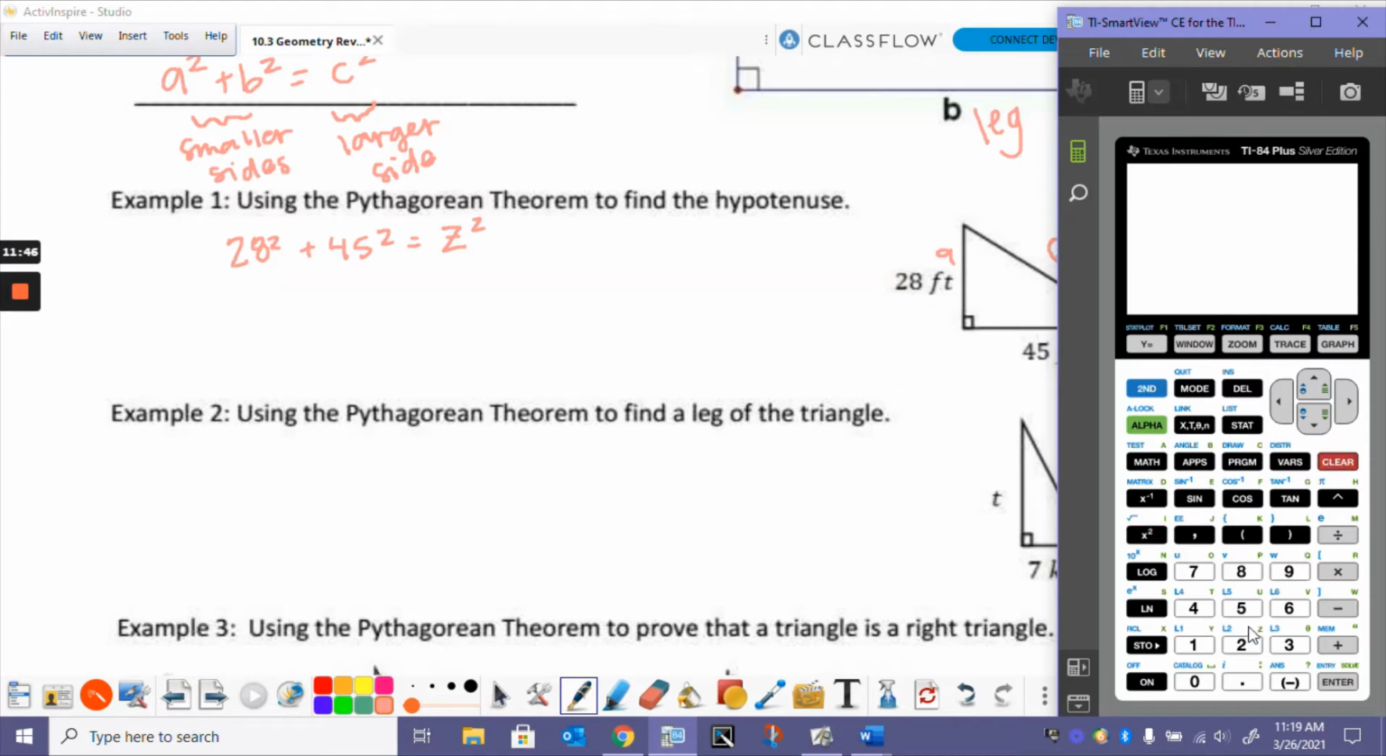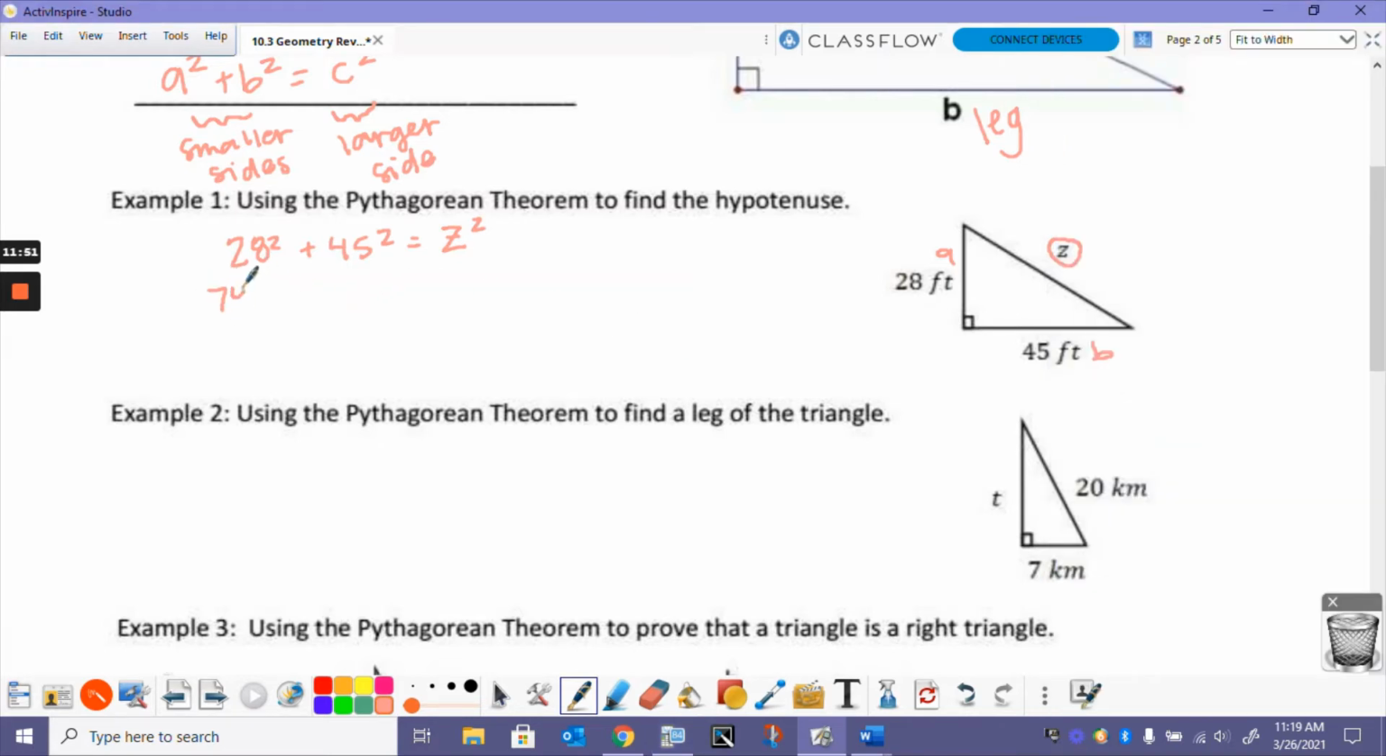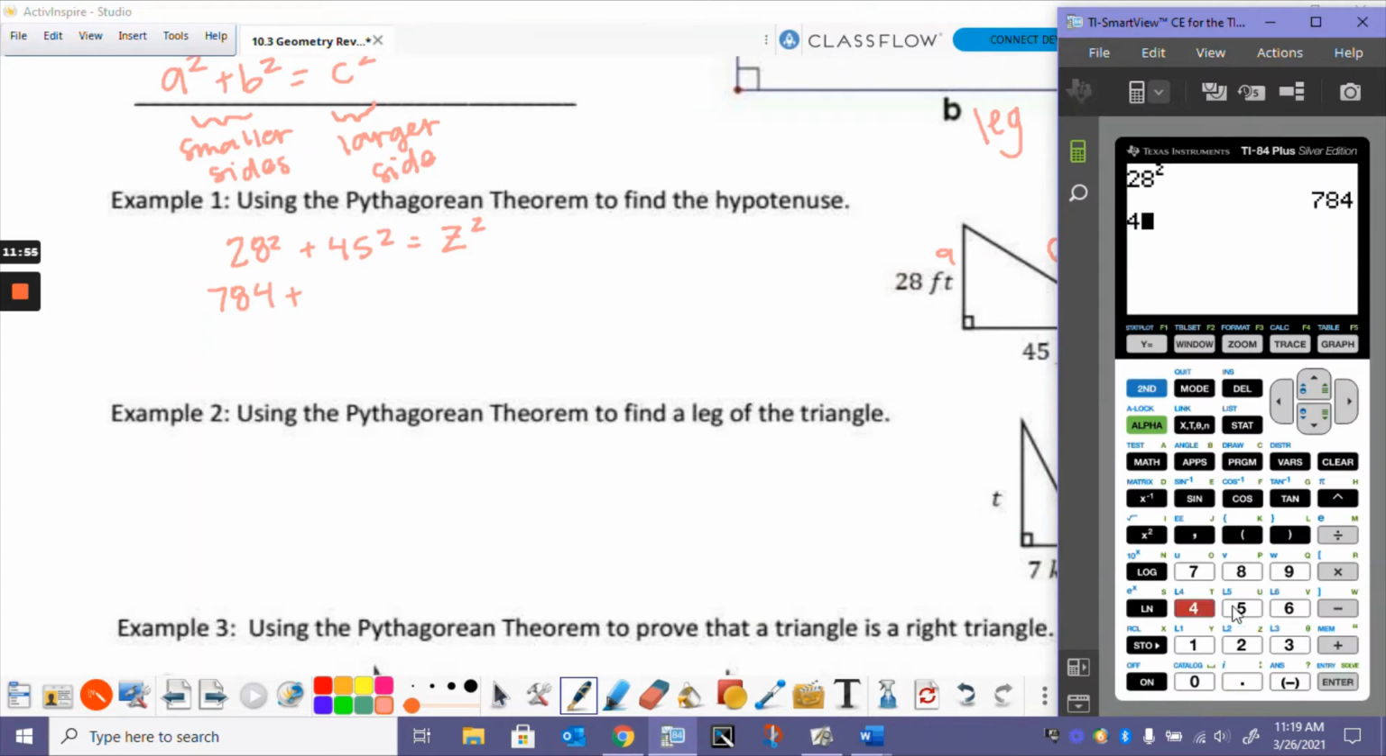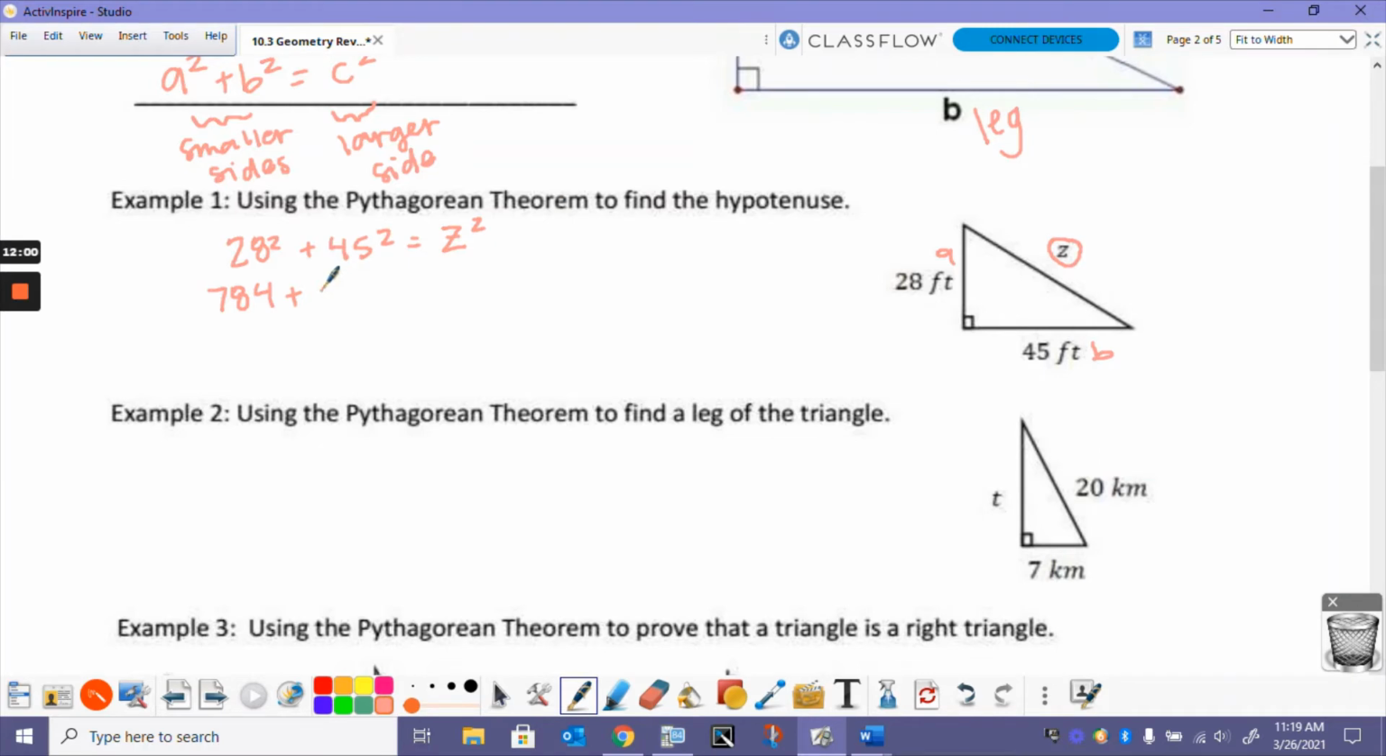Let's do these separately. 28 squared gives us 784 plus 45 squared, which is 2025, equals Z squared. All right, so 784 plus 2025 is going to be 2,809 equals Z squared. Okay, now remember that in order to undo a squared exponent,